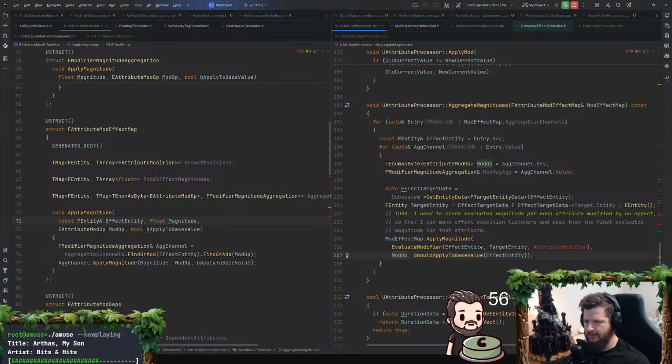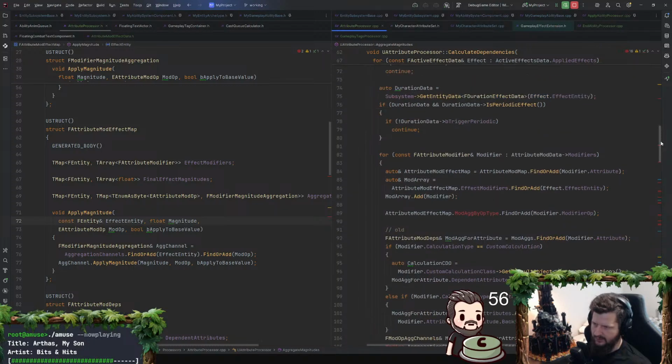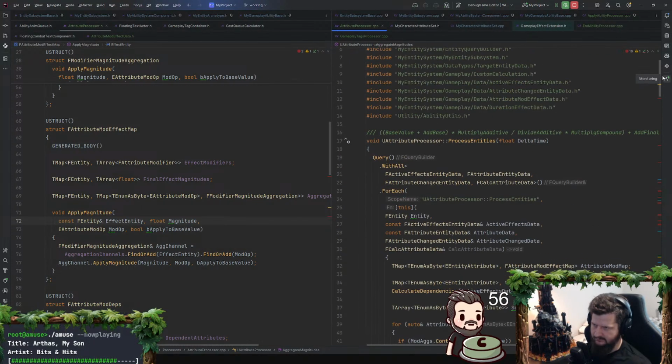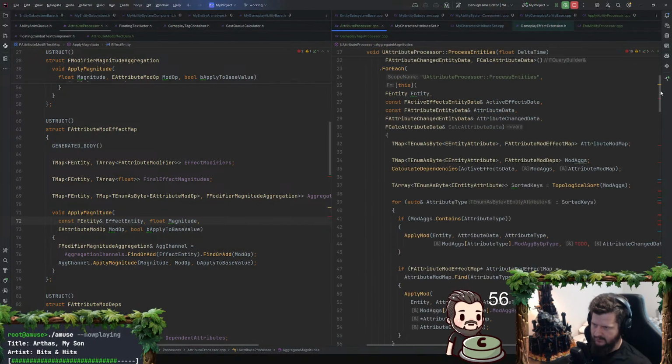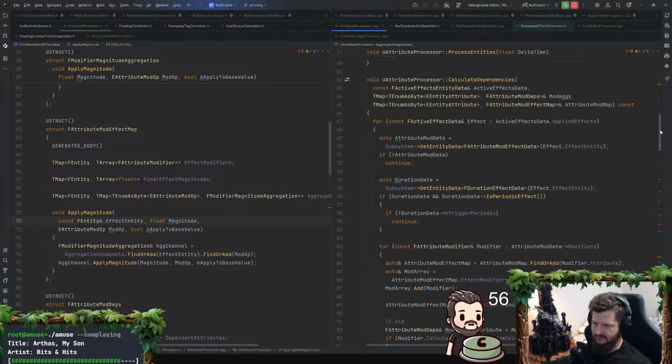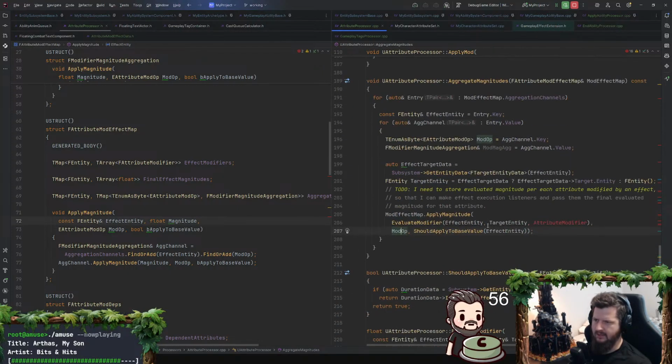The mod op, that's fine. I think I should just be iterating over active effects here once again. And I already will have done that in the calculate dependencies function. So maybe I should just do that there.